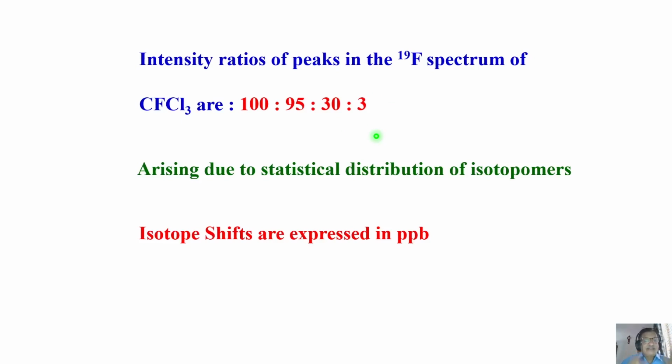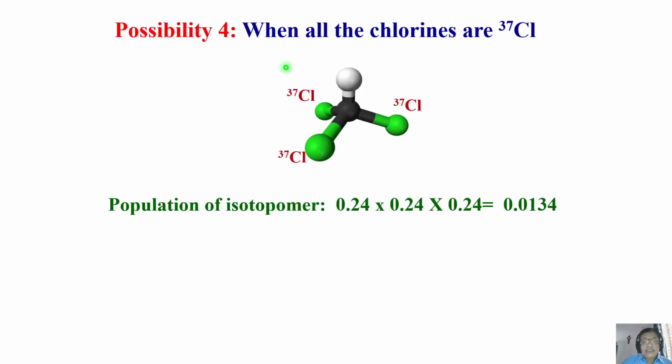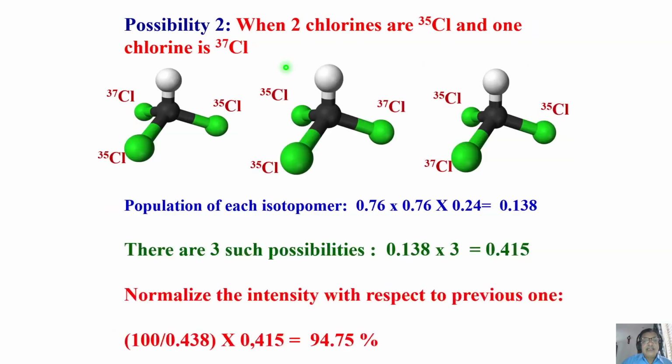We calculated the intensity, everything, on that day. We worked out the intensity pattern. We also discussed why we are getting different types of isotopomers. Finally, the intensity pattern is the statistical distribution of the isotopomer populations. That is what happened. But remember, another interesting point I want to tell you is there is a shift in